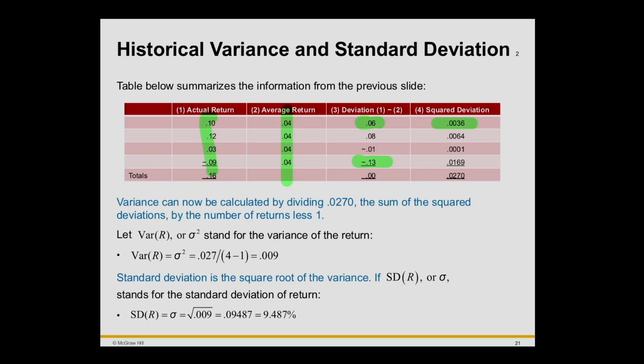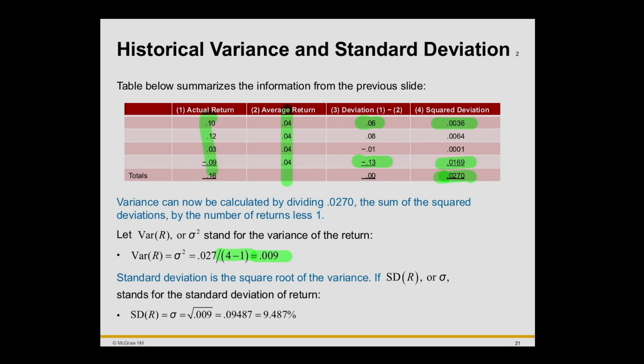And actually, this one helps us to understand why we are squaring this. Well, we're squaring it to get rid of the negative sign. If we didn't square this, we'd add these things up and they'd come out to be relatively close to zero, and that would not give us a measure of dispersion. So when we square it, notice that that becomes a positive value. We add all of these up and we get 0.0270. All right. Then we're going to divide that by 4 minus 1,